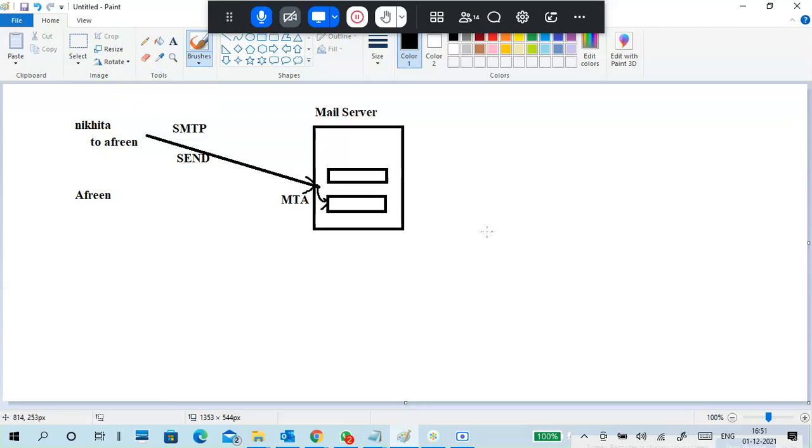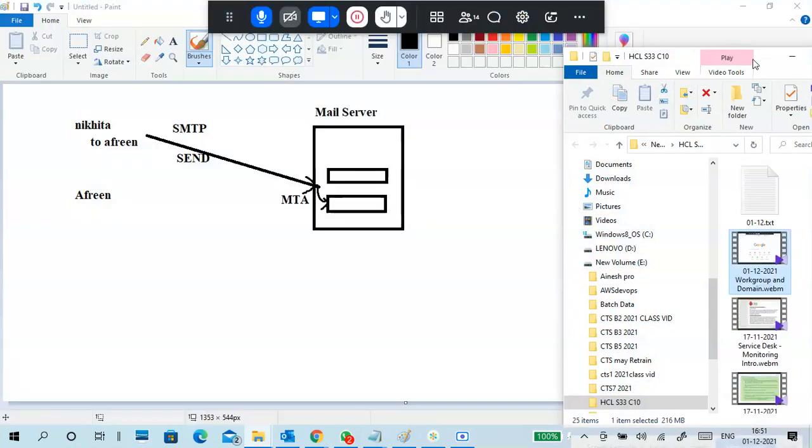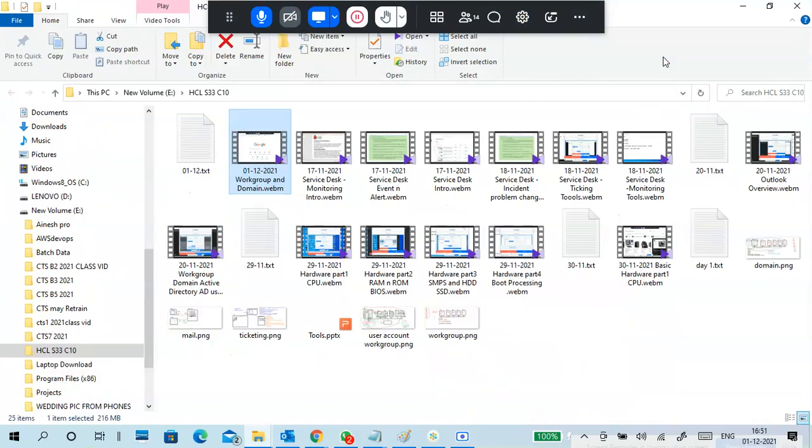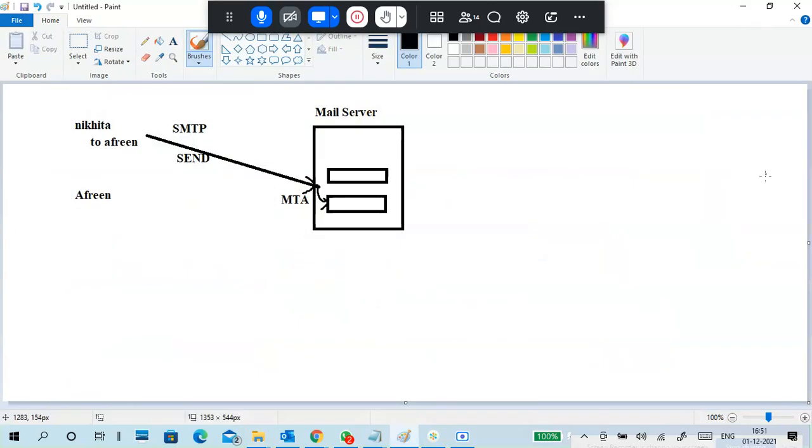For example, in my system, I have different folders for each batch: batch 3, batch 5, batch 1, batch 7, AWS batch or HCL batch. Based on the batch, I put the data into that particular batch folder.